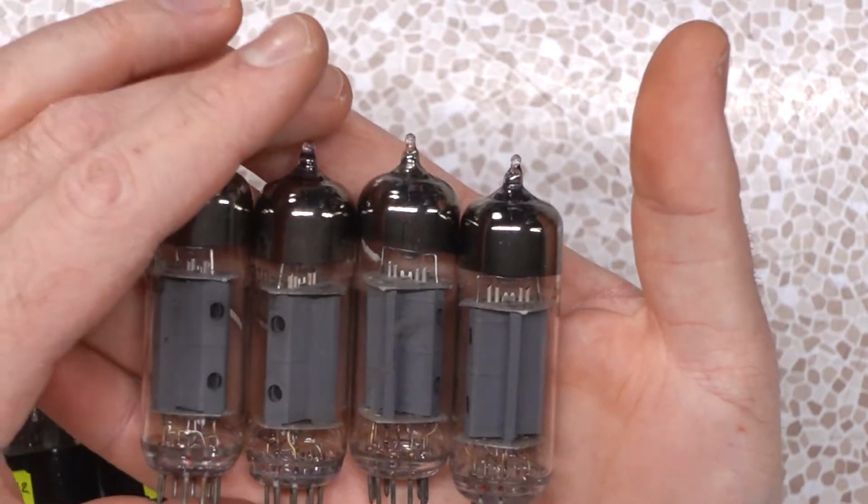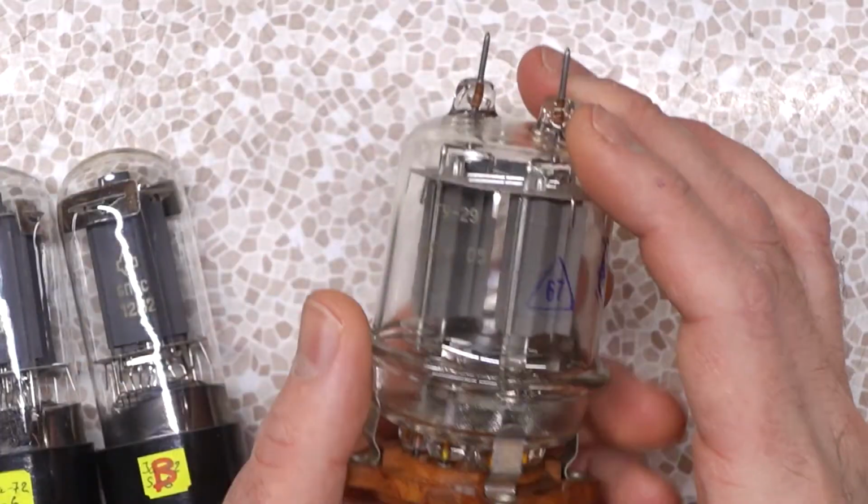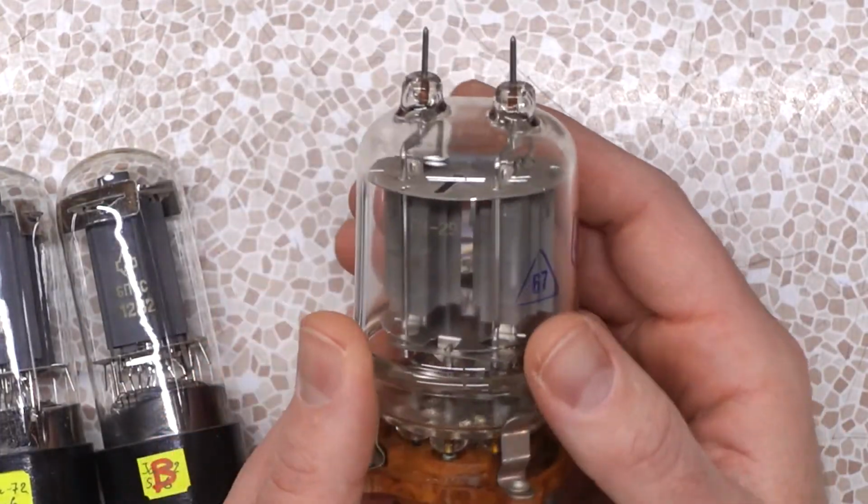So again, similar to the EL84, though the one amp I have that will take an EL34, they didn't work, but that's because that amp is wired so frigging weird. I'm sure I'm going to be able to mod them to fit. I was thinking of trying to use these as voltage regulator tubes, actually, kind of like a sacrificial lamb because they were so darn cheap. Because I acquired a couple of these puppers right here,